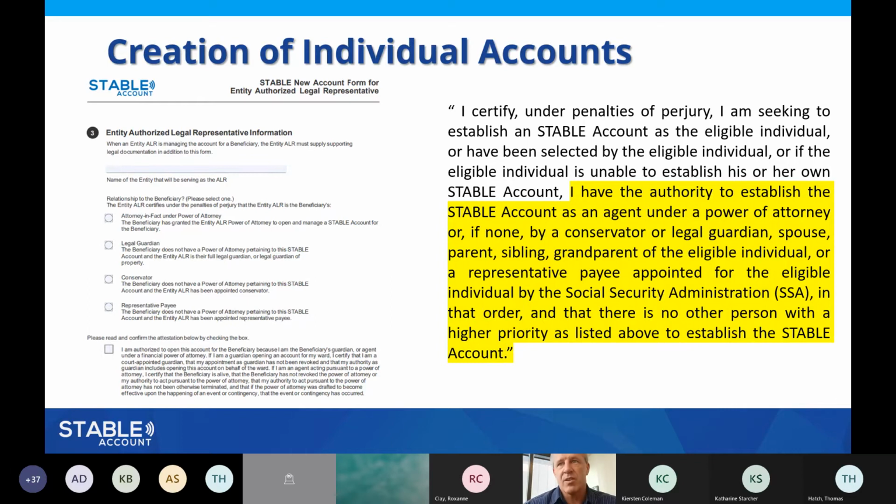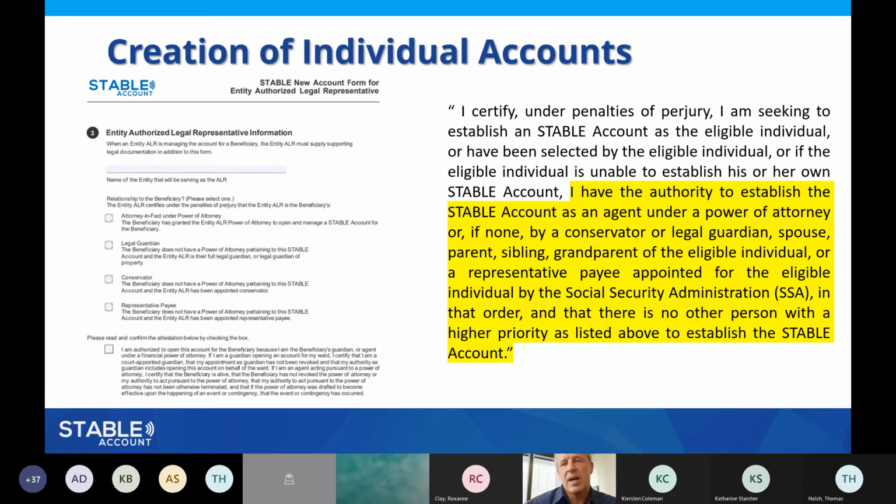So once that first account is completed, and you can go in and, as I mentioned, add additional accounts online, and that's great. Then where do we go from there? The accounts have been created, and then you can go in to start managing them, adding funds, making withdrawals, and we'll talk a little bit about that.